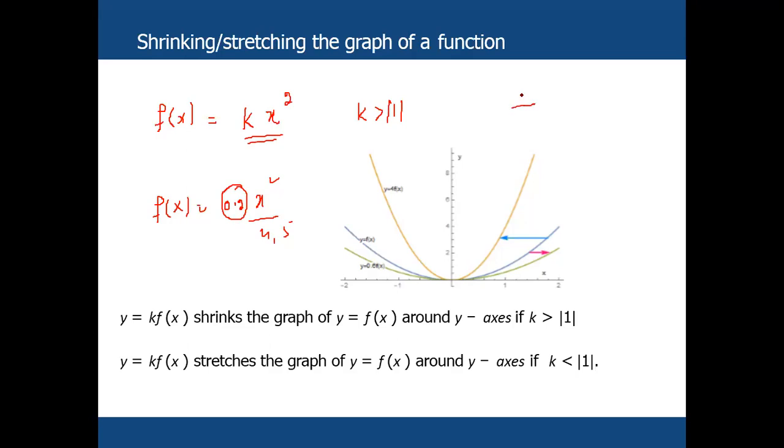For example, if you divide a function by 2, we can also write it as 1 over 2 f of x, and we can also write 1 over 2 in the form of 0.5 f of x. So if you multiply with a value greater than 1, or with a decimal value less than 1, like 0.9, 0.8, 0.7, what will happen? Let's see in the graph calculator.